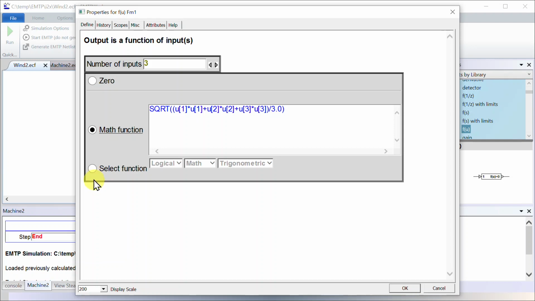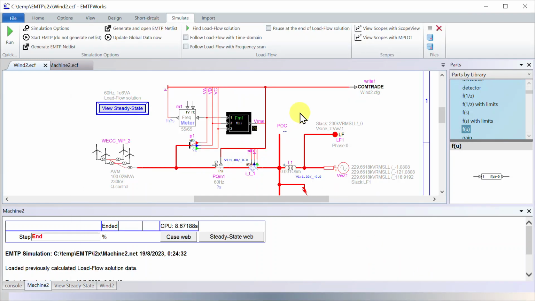You can have it do almost an arbitrary calculation. You press the help and it'll tell you what all functions are available. But I'm taking the square root of the sum of the squares of the three input signals, which happen to be the phase to neutral voltages. And so that is going to give me a pretty good approximation of the line to neutral RMS, with that signal labeled BRMS there. Another one